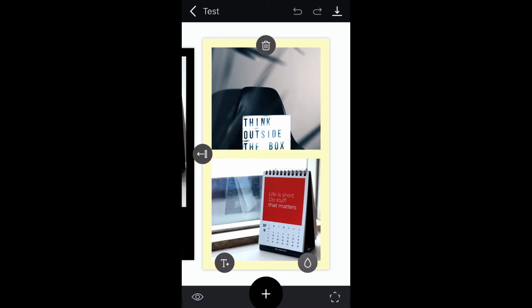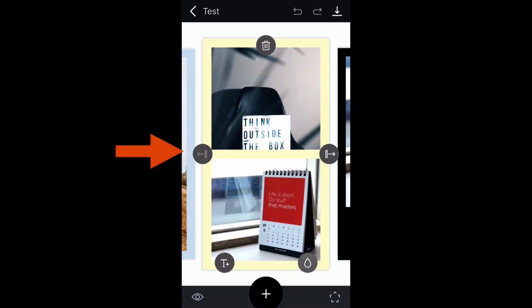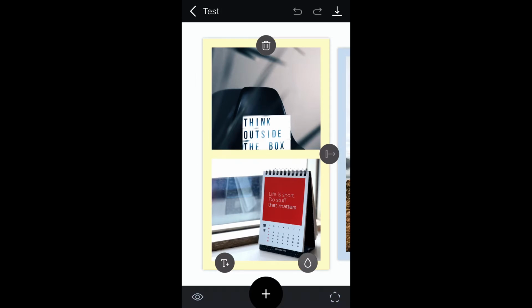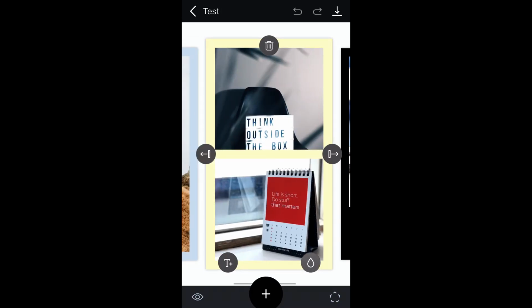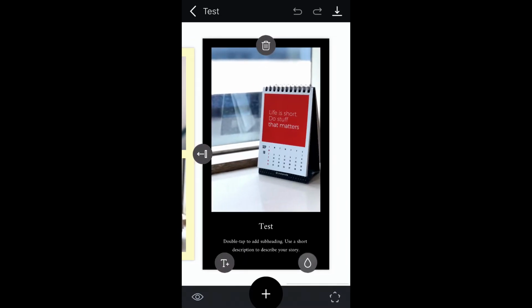This symbol here up in the middle allows you to reorder where you want the images to go. So if I wanted this to be in the middle, I've just put it in the middle. If I want it to be the first thing people see, I can flick it to the first thing that people see. So I think maybe let's put this in the middle so that this one is the first image. And you can just flick with your finger just to see how everything is looking. If you're happy with what you see,